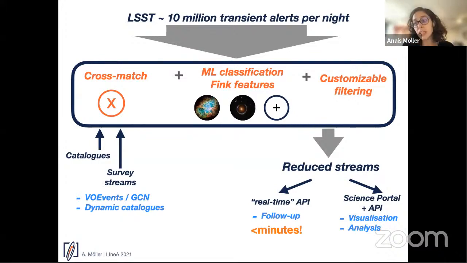So it depends on the science case you want to do, how much investment you want to make. But both ways are good for us. If you're interested in doing a customizable filtering for your science case, just give us an email. We can start working on how to make it happen. It should be pretty easy. We have integrated a bunch of filters already, and they are very scalable and I think easy to make.